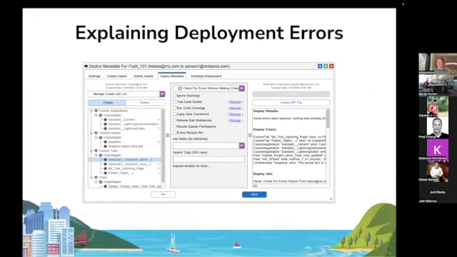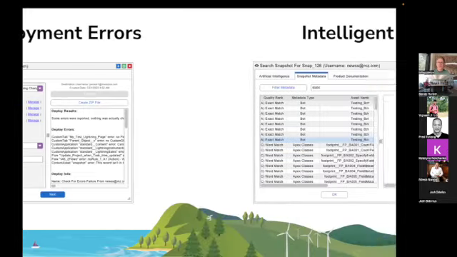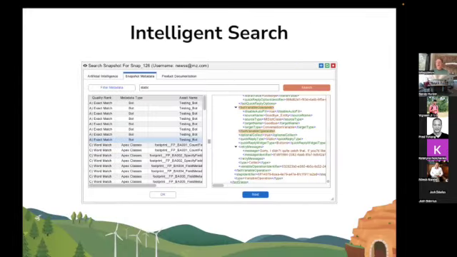Explaining deployment errors. If you've ever done metadata deployment org to org, some of the errors are just beyond obscure and hard to understand. But if you give it the metadata asset that caused the error, a description of the asset, and the actual error, AI can do a great job of explaining deployment errors. And we've got an intelligent search product which lets you interactively talk with an agent about assets in your org,